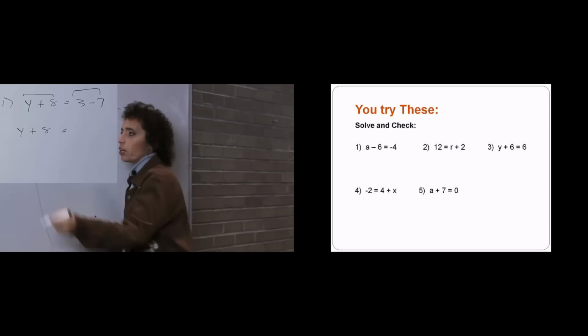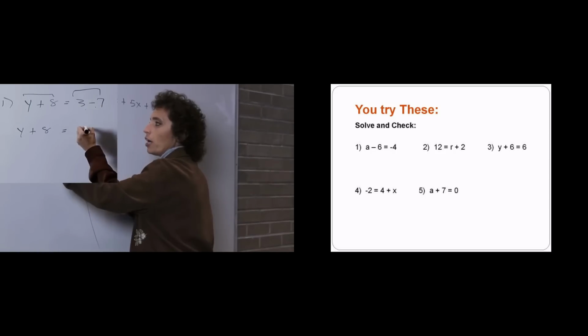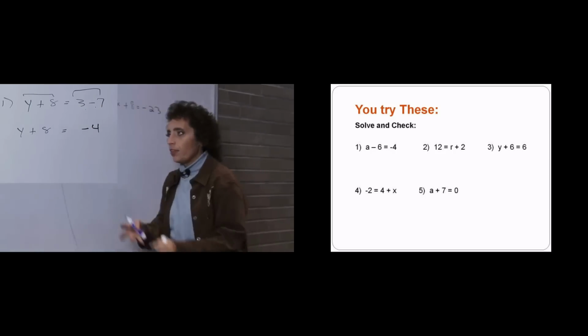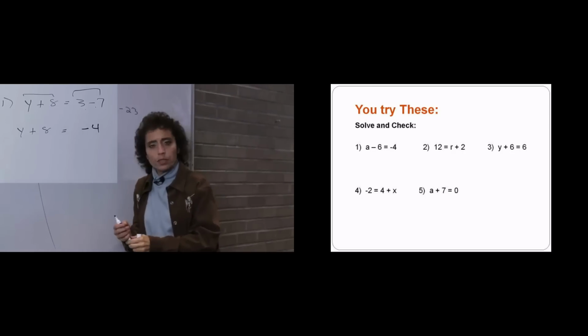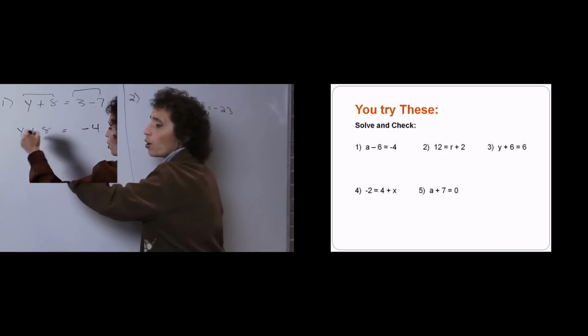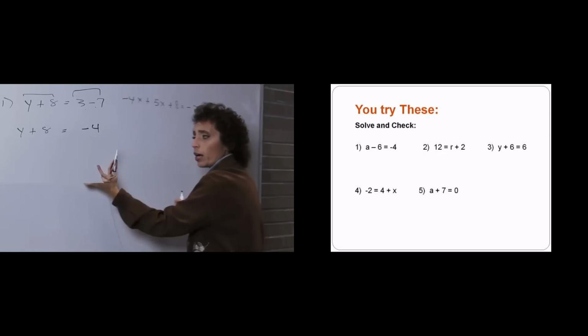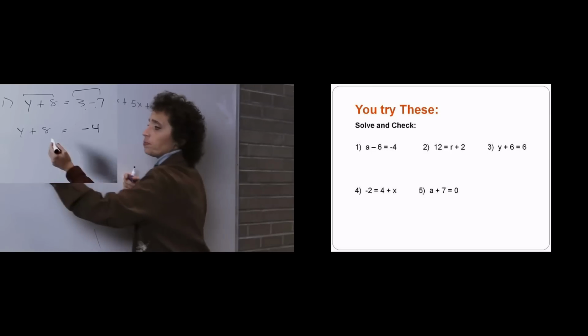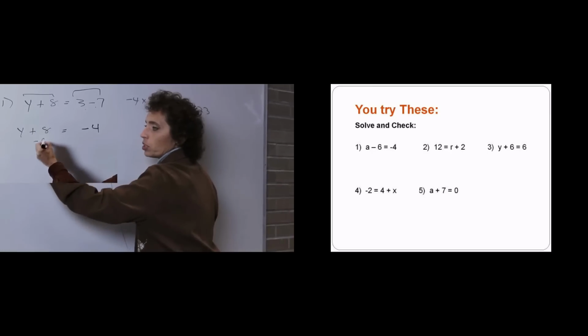So we combine the right side by going, I have 3, I owe 7, so I owe 4. Now we can solve this just like we did before. Goal is variables on one side, numbers on the other. All the variables are already on the left, so get everything to the right. Again, I'm not going to touch him. He's alone. So I'm going to do the opposite of plus, which is subtract.